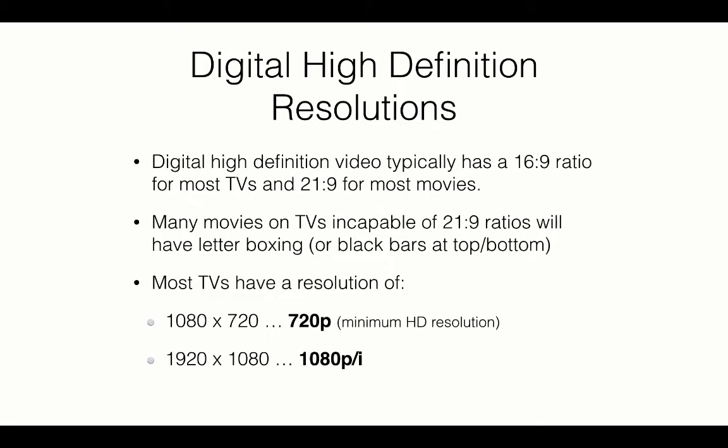All right, and then we get to digital high definition resolutions. Previously we talked about analog, PAL, and NTSC formats as having a 4:3 aspect ratio. Well, digital high definition video typically has a 16:9 ratio for most TVs and about 21:9 for most movies. Many movies on televisions incapable of 21:9 ratios will have letterboxing, or those black bars at the top and bottom. So most TVs have a resolution, for instance, of at least